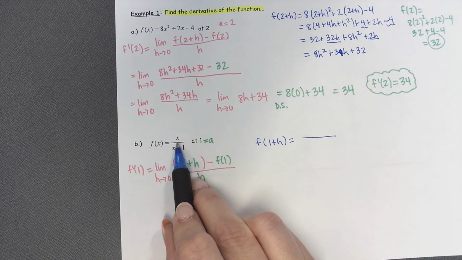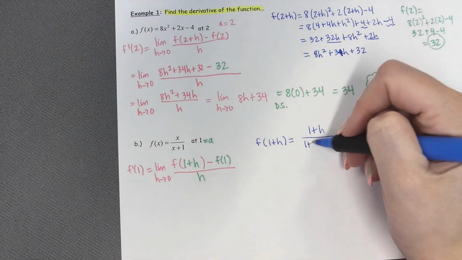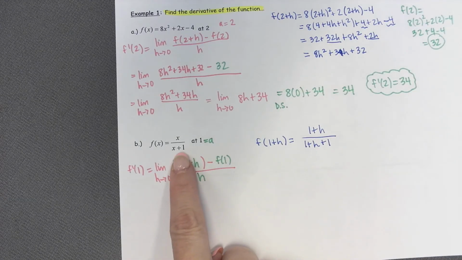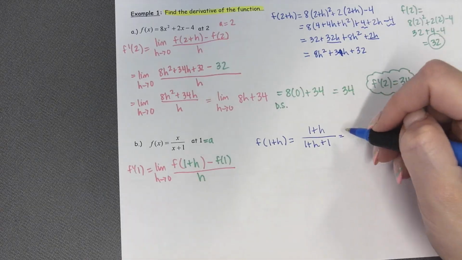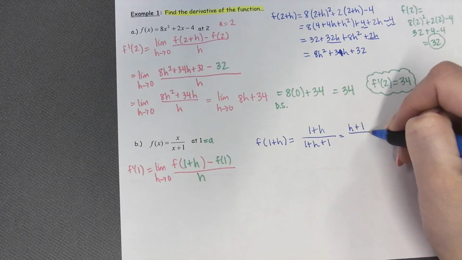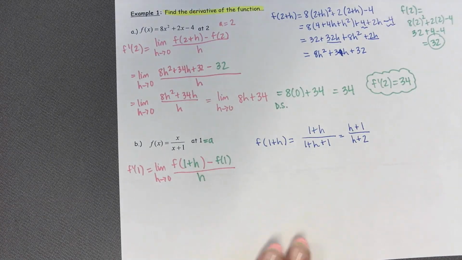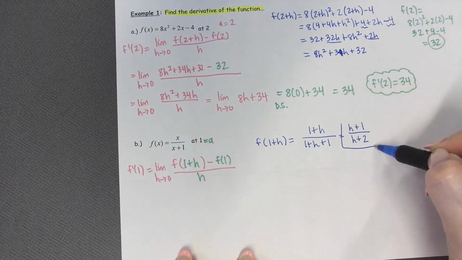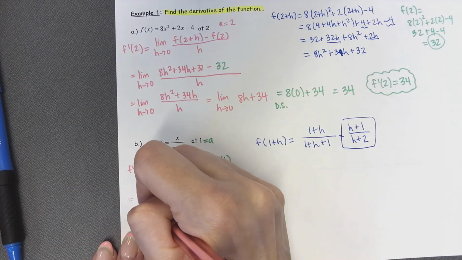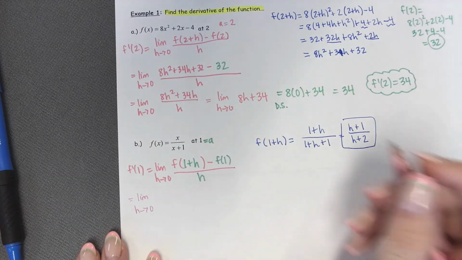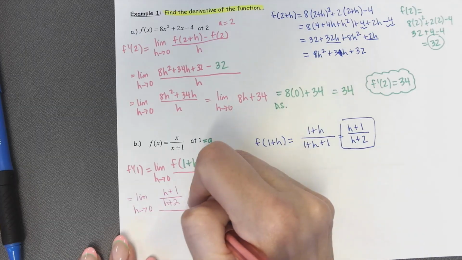So you're replacing this with x. So instead of x, we have 1 plus h over 1 plus h plus 1, because this is x plus 1. So 1 plus h plus 1. Okay, you can keep it as 1 plus h on the top, or you can write it as h plus 1. Okay, and then the bottom we're going to simplify to h plus 2. Okay, so this is what we're going to substitute back in. All right, so it's going to be the limit as h goes to 0 of h plus 1 over h plus 2 minus,